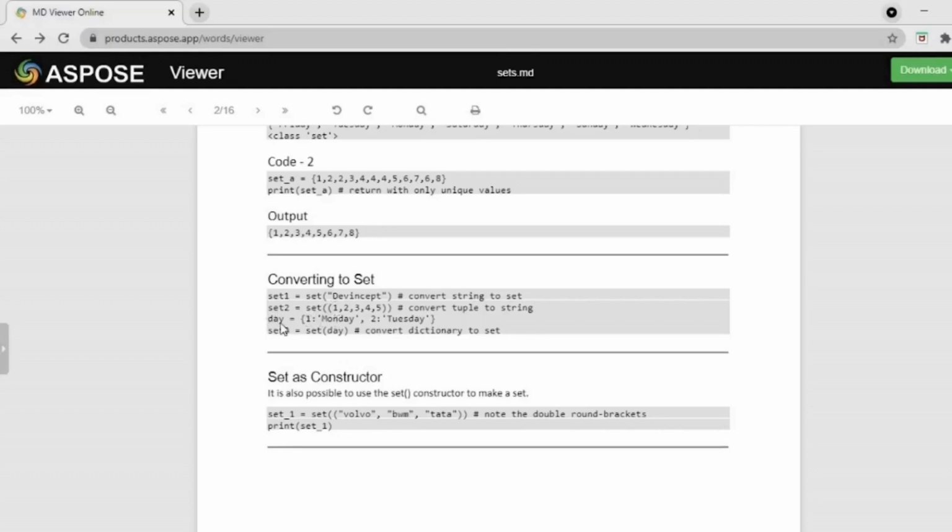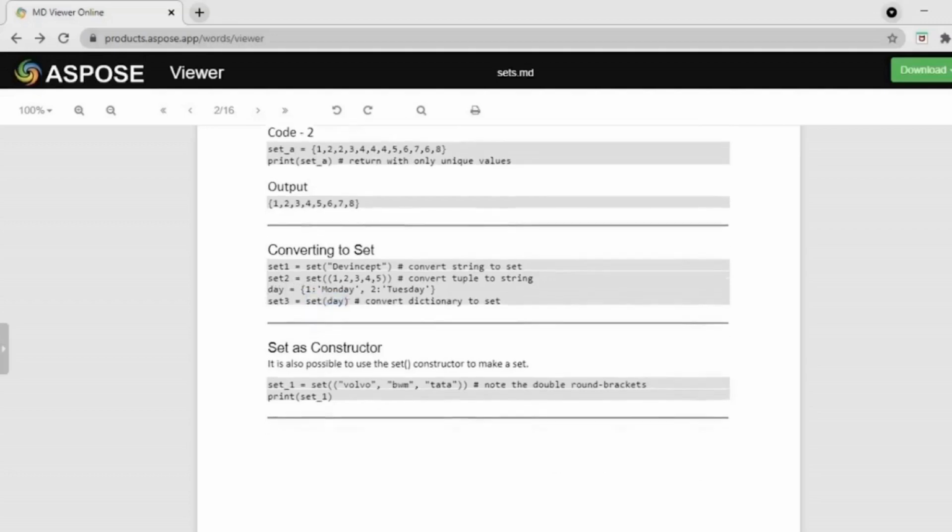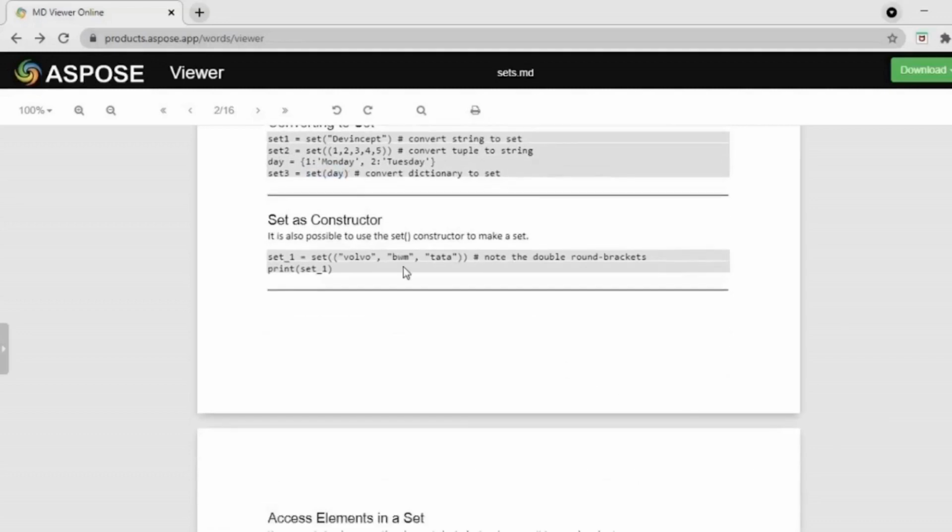Here what we have done is day is of type dictionary, and we are converting the dictionary to a set by using the set function. So set is also used as a constructor. To make use of the set constructor, we use double round brackets.